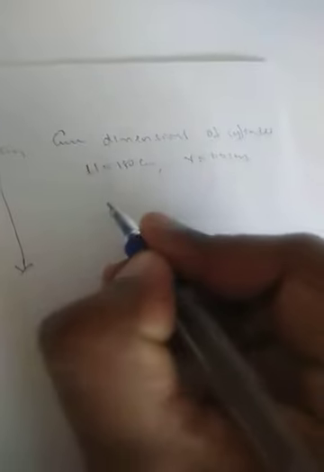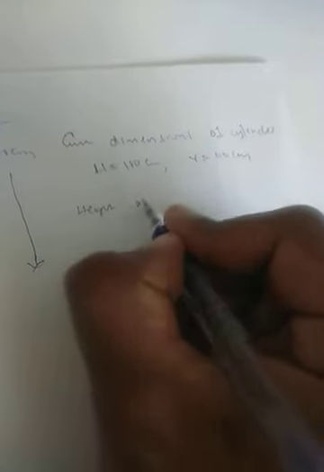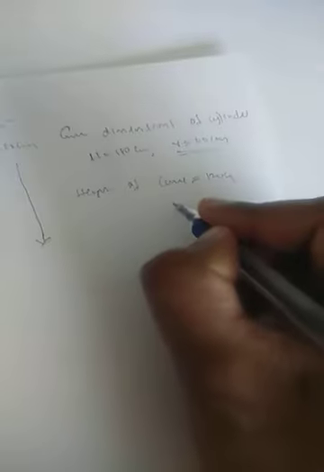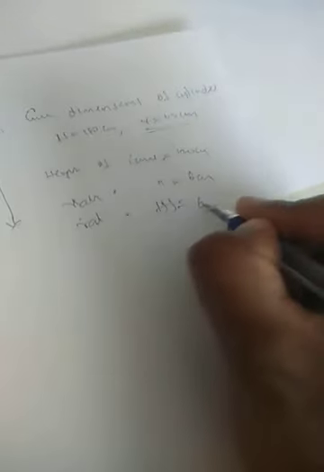So first, what they have given: the height of the cone. What is the height of the cone? 120 centimeter. So the radius will be the same for all. This radius will be the same for the hemisphere also. The radius of the cone will be 60 centimeter. The radius of the hemisphere will be 60 centimeter. So like this every value will be the same.